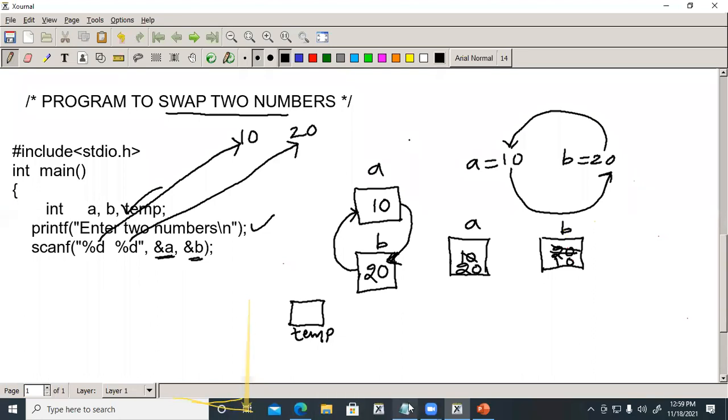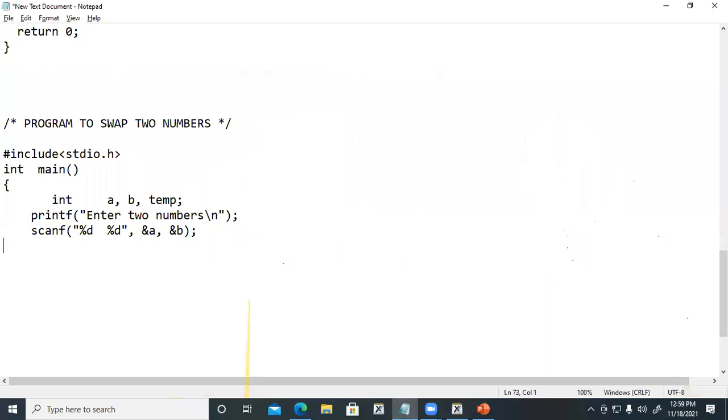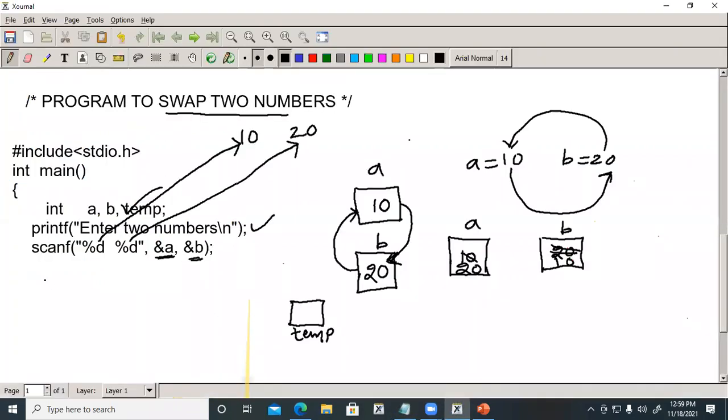If I write a statement so that this operation is performed, how can I do that? I can say that temp is equal to A.